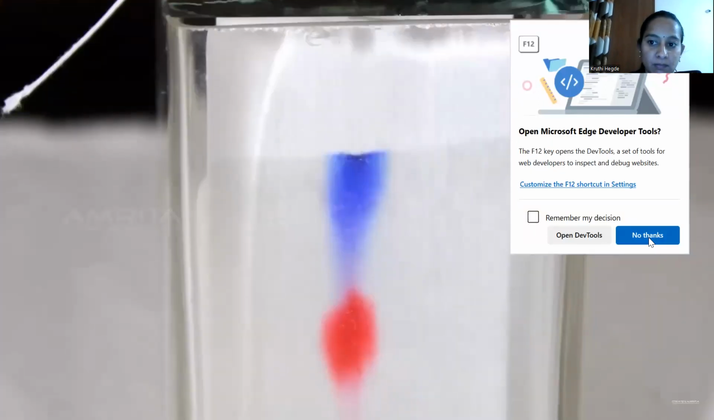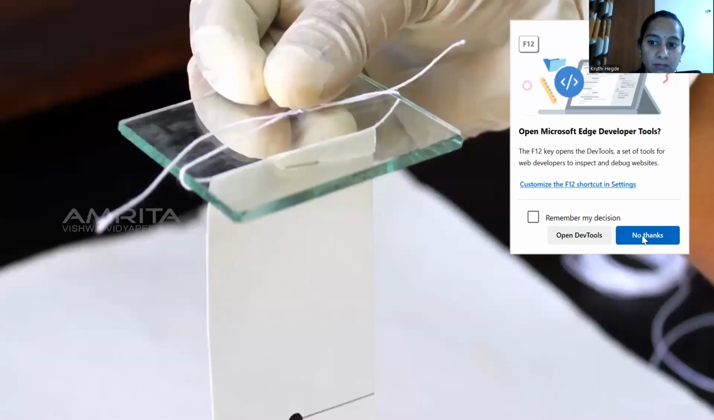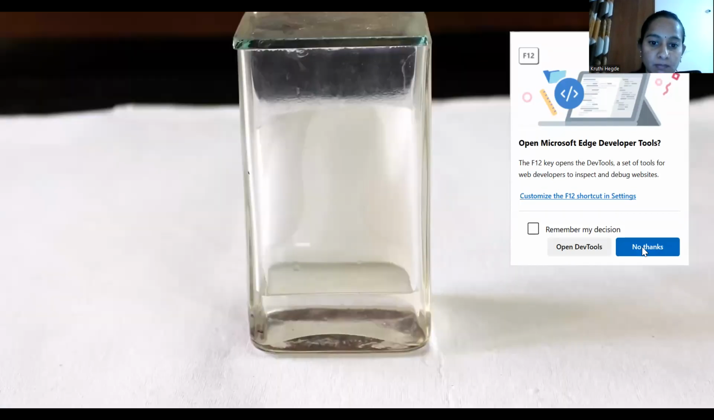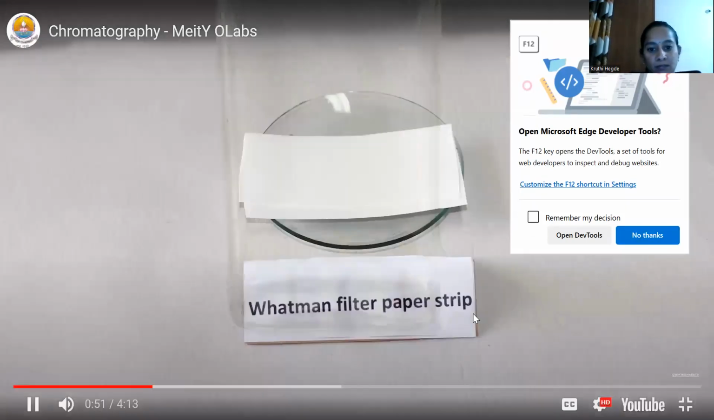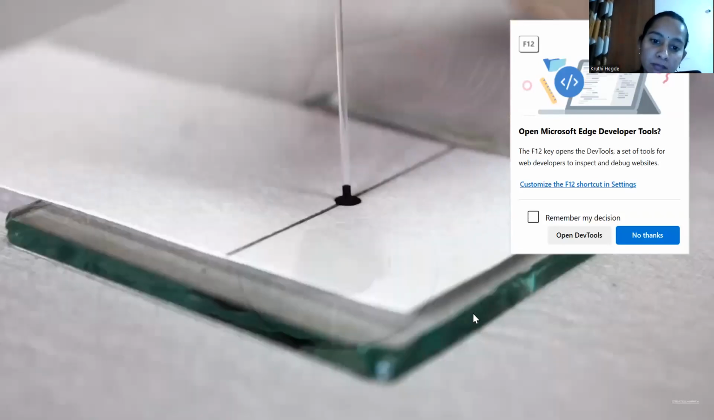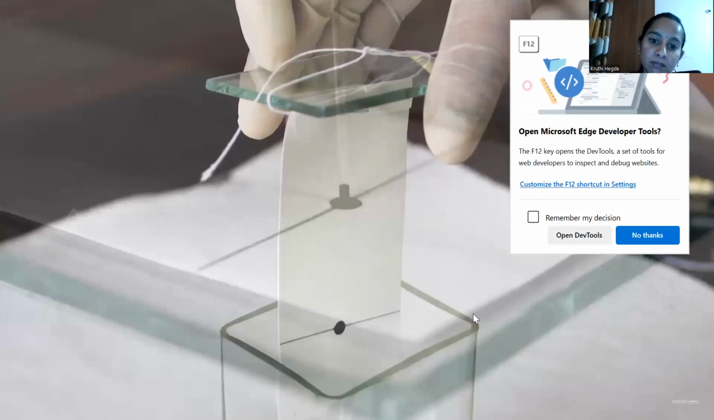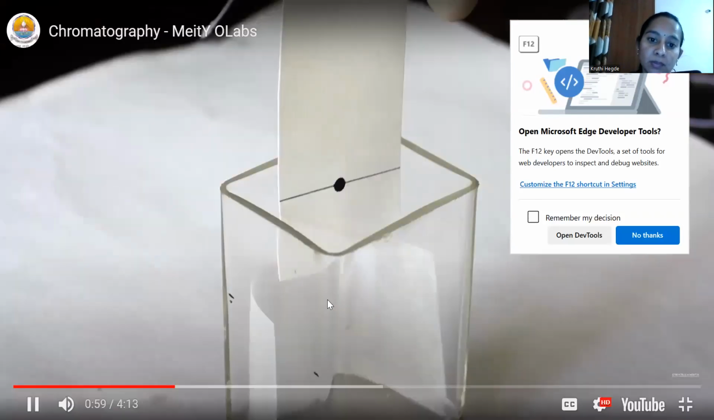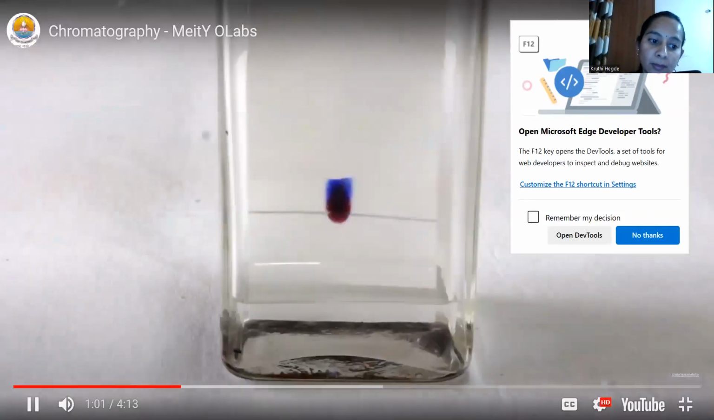Paper chromatography is one of the important chromatographic methods. Paper chromatography uses paper as the stationary phase and the liquid solvent as the mobile phase. In paper chromatography, a spot of the mixture is put on the paper and the paper is carefully dipped into a solvent. The solvent rises up the paper due to capillary